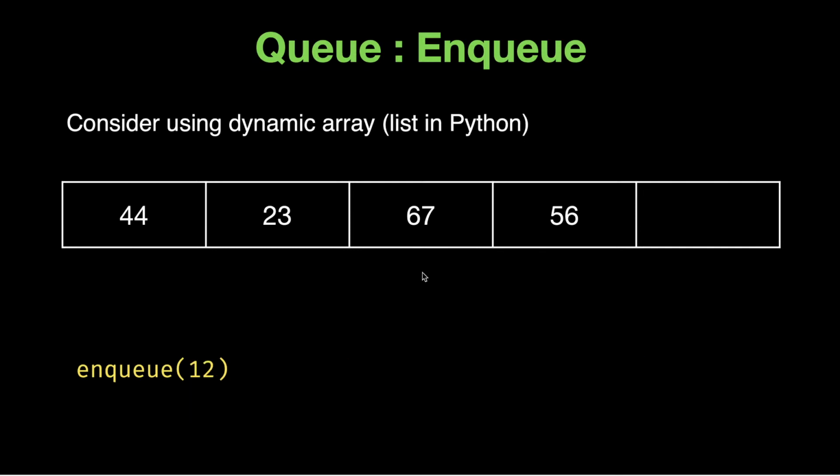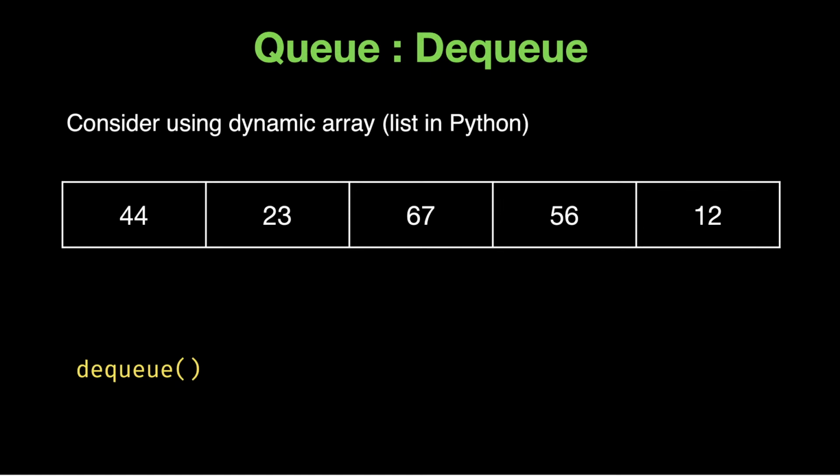So if I enqueue 12, I can just go to the end of the dynamic array and insert 12, and the append operation has O(1) complexity, so the enqueue operation using a dynamic array will have O(1). But if we consider the dequeue operation, it is not O(1),